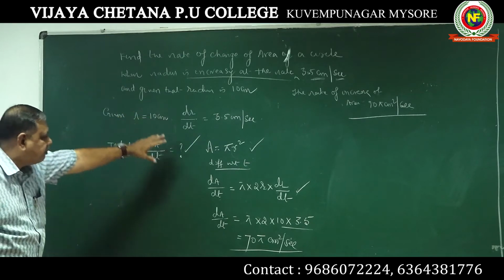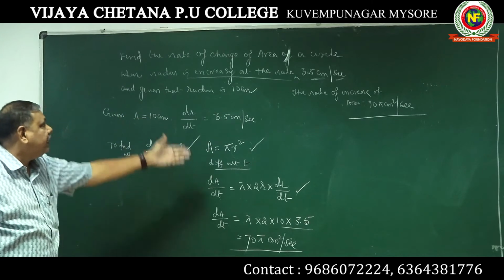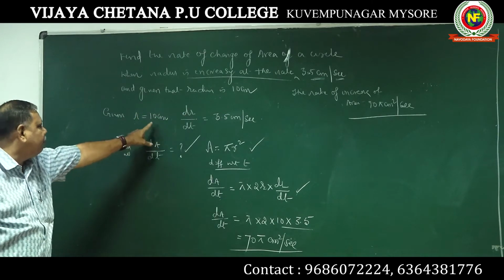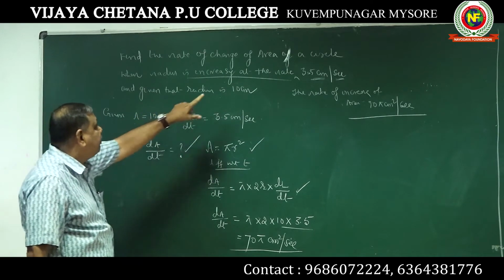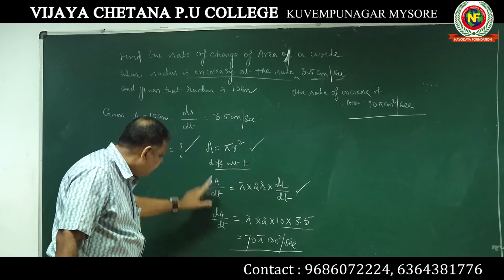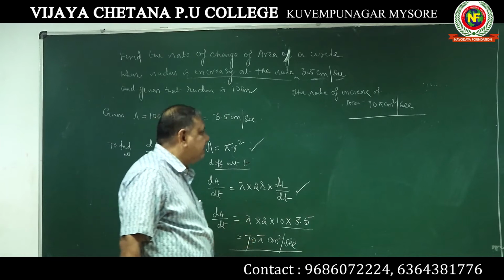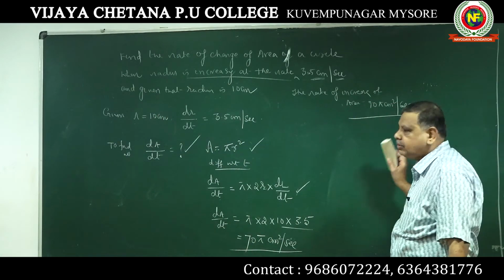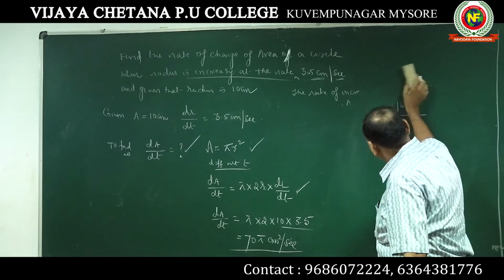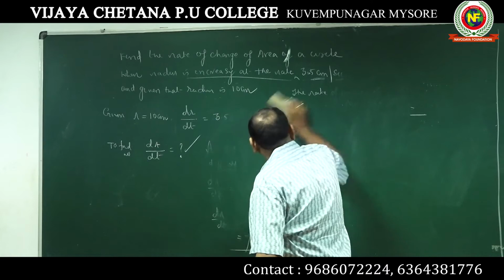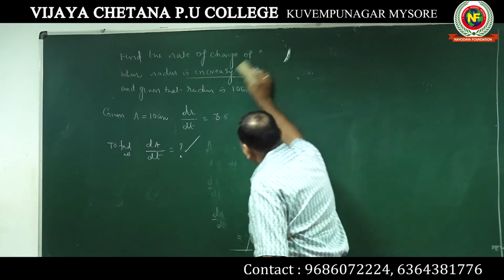That is area. Area is pi r square, and they can give any figure, for example when radius is 12 and dr by dt is 4.5, same problem, find dA by dt and you get the answer. So these are all sometimes 2 marks, 3 marks also they may ask. Okay, we will take up a different problem, rate of change of circumference, we should see. Take down your textbook problem.